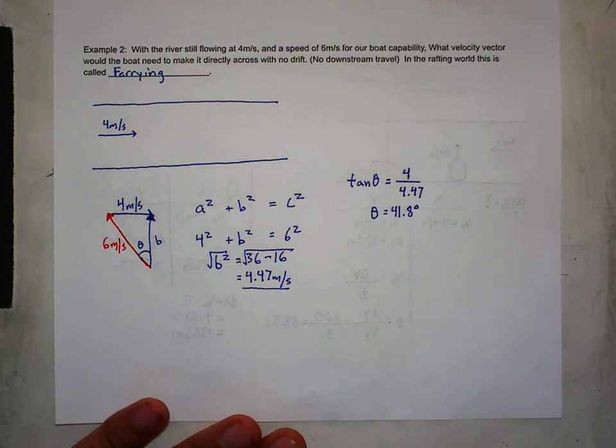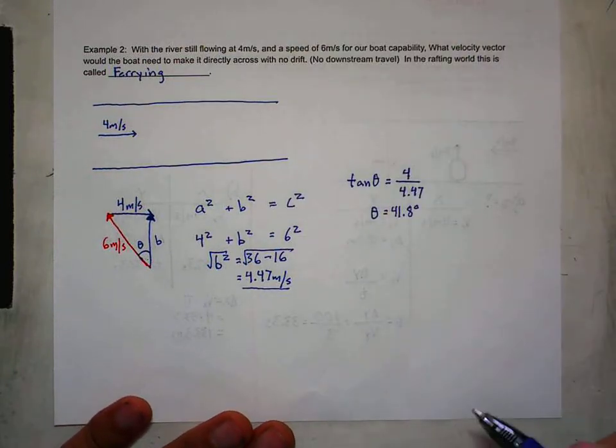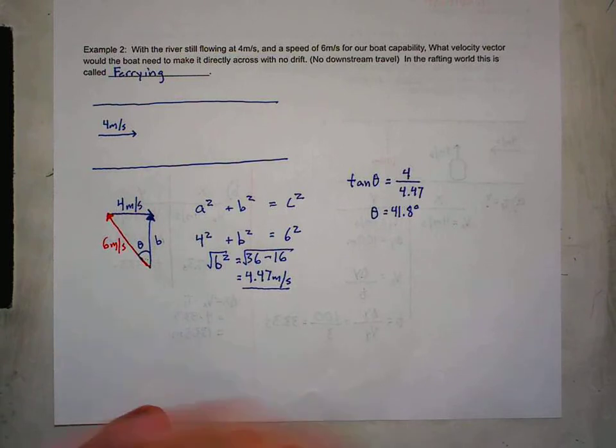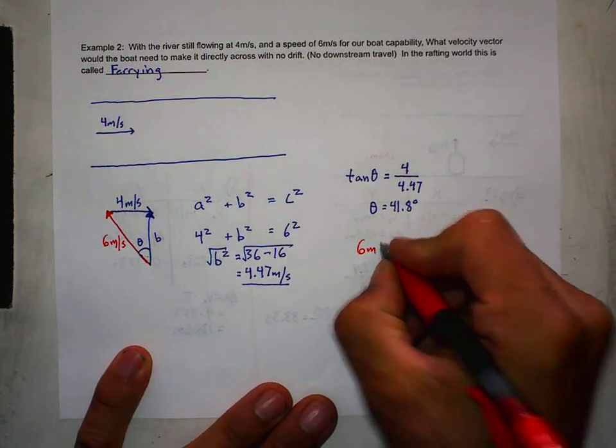Okay, and we get 41.8 degrees. So our heading for no drift, here's kind of our final answer. We're going to get 6 meters per second